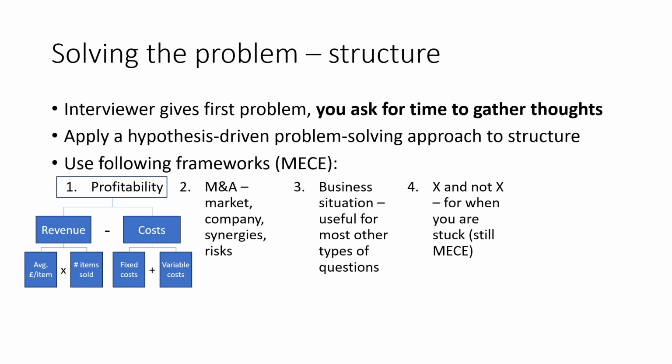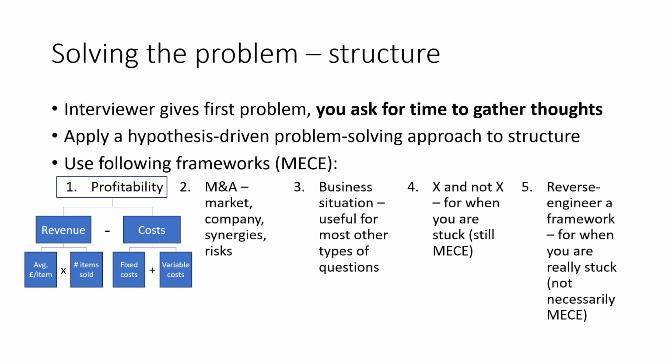Other than that, splitting points up into X and not X is good if you really can't think of anything else. Think internal versus external risks, qualitative versus quantitative benefits, short-term versus long-term issues, etc. If you're really stuck, try and answer the question by writing down bullet points that come to mind, and then see if you can group any together under a headline. This is a last resort option, as you could end up with no subsections, just thoughts. But on the other hand, once you have written down your ideas, a suitable set of headlines might become apparent.